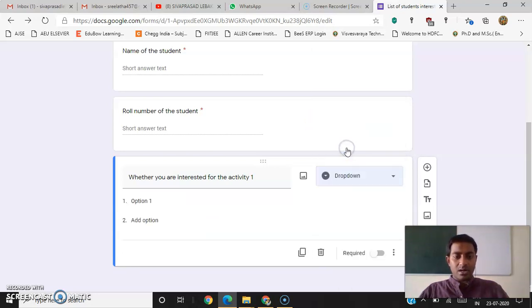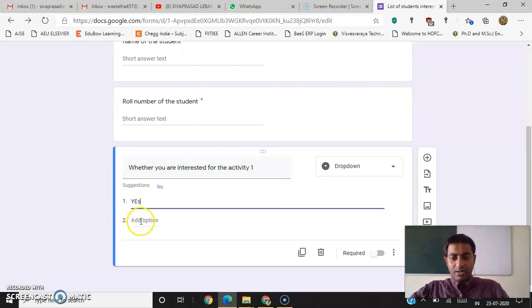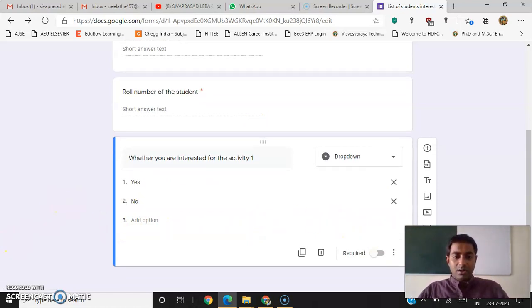Suppose I want to use drop down. In the drop down, the first option I will use is yes, and the second option I want to use is no. And definitely the student has to answer, so you can mark it required.